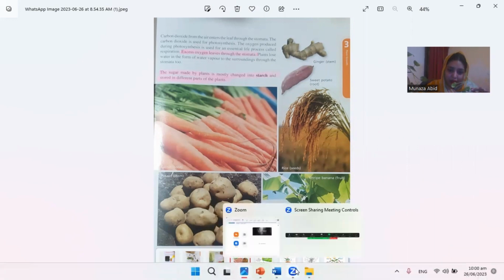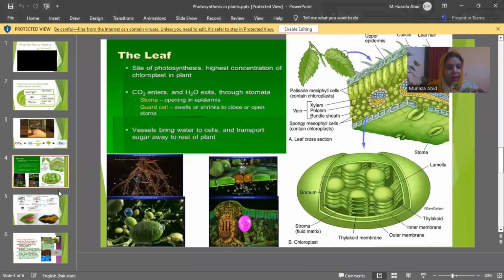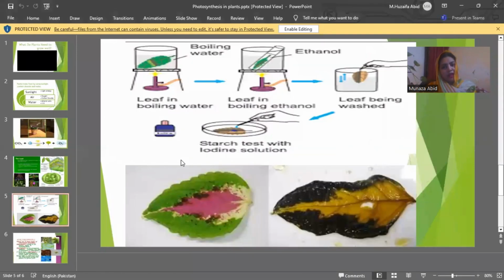Now we're going back to our PPT. Okay. Now, what is the proof that photosynthesis is occurring? Yes. See, I have taken a money plant. Money plant has a leaf that has a green part as well as a white part. Okay. So, the white part doesn't have chlorophyll, but the green part has chlorophyll. So, whenever the leaf is doing photosynthesis, suppose the photosynthesis is occurring in the green part,